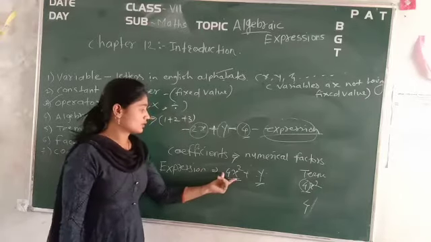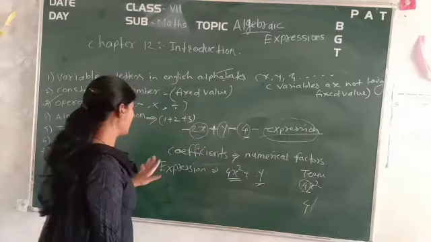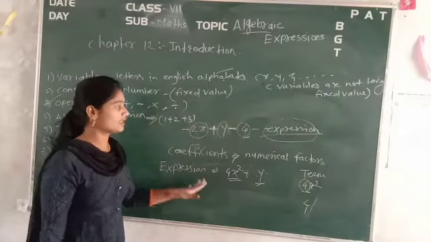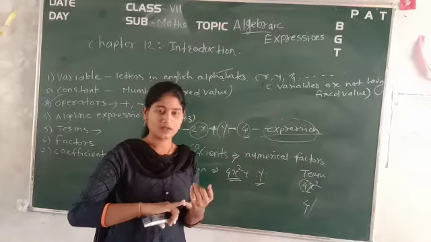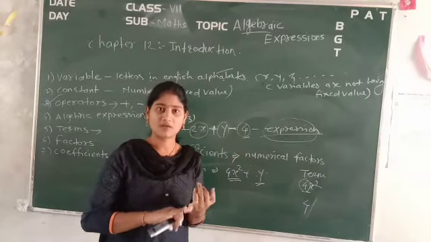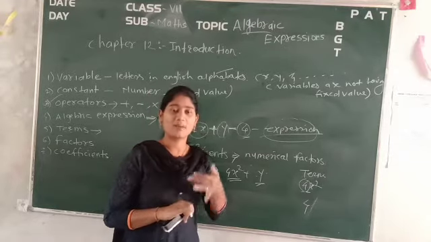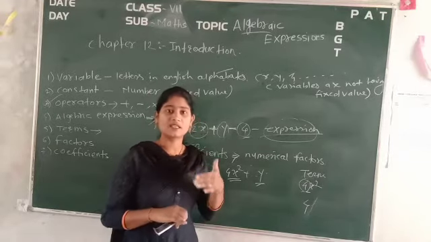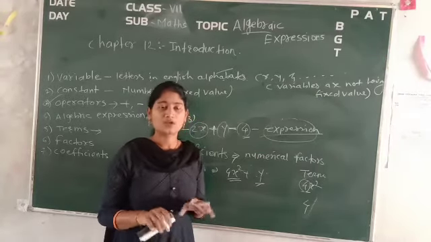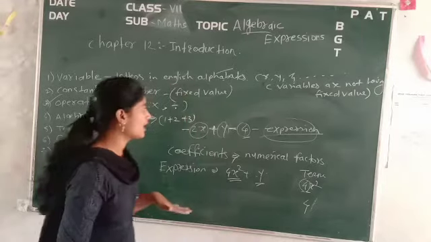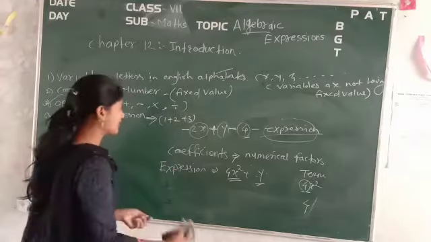Okay. So see, in that way you can find out the coefficients, and in that way you can find out the terms of these expressions. So remember today: what is a variable, what is a constant, what are the operators, what is an expression, what is an algebraic expression. Apart from this, what is a coefficient, what are the terms in the algebraic expression also. Combining all these things, it will form the whole algebra. Now apart from this there are some extra terms like a C.